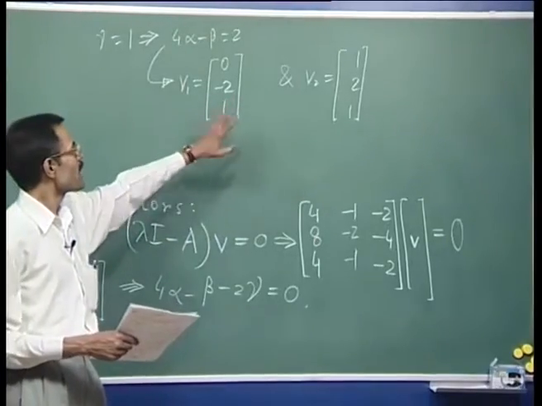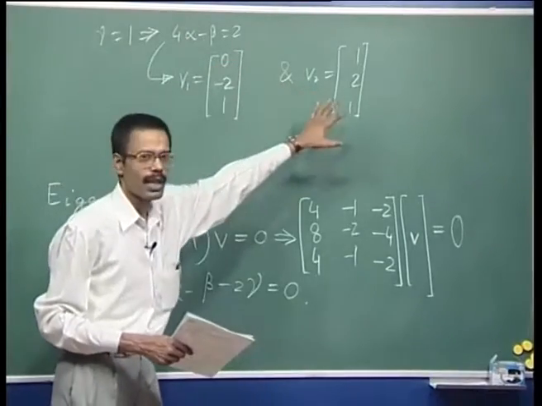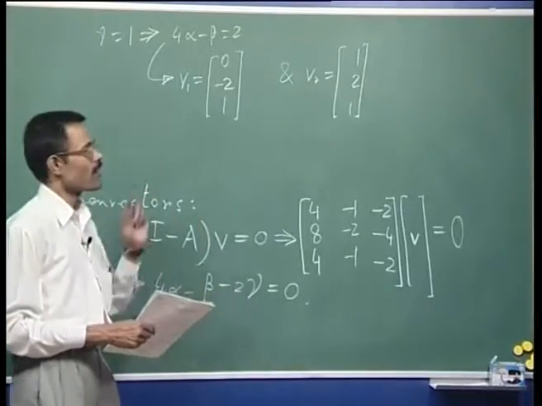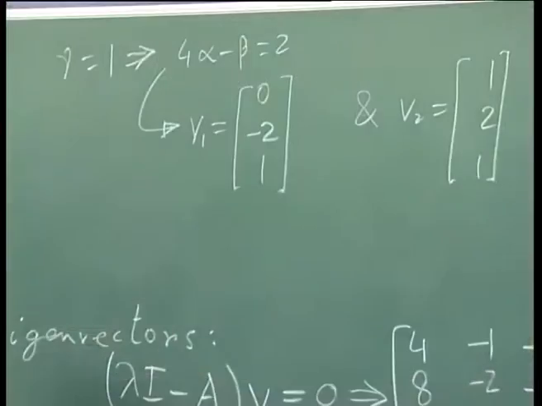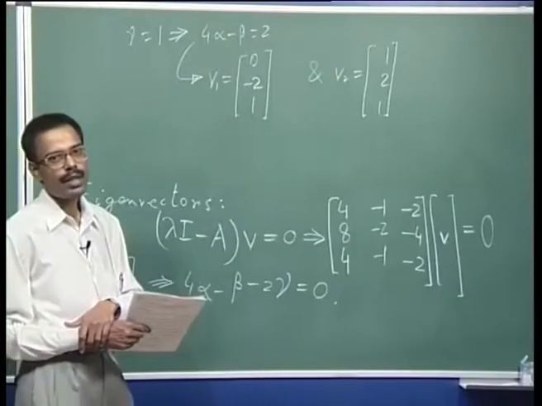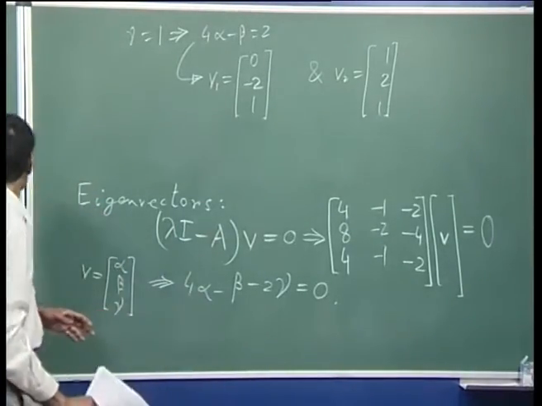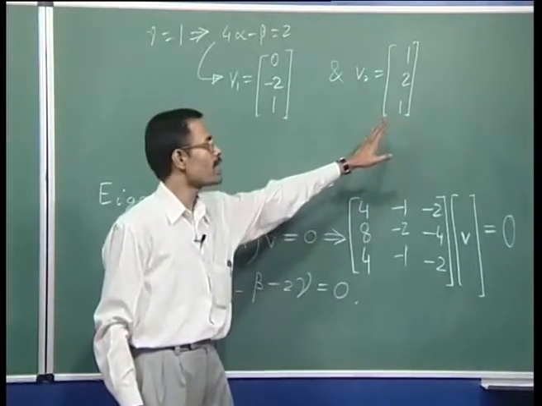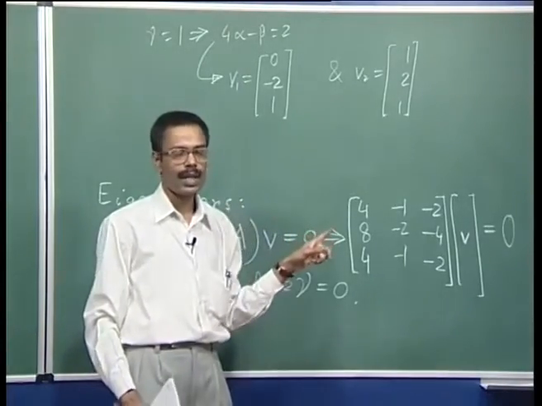is possible. Any third choice of alpha will give you something which will be only linearly dependent on these two, that is, it will be a linear combination of these two. So, in this case we have got only 2 eigenvectors, not a full set of 3 eigenvectors. That means that this particular matrix is not diagonalizable, it is defective, and since it has got 2 linearly independent eigenvectors, that means that it will have 2 Jordan blocks in its Jordan canonical form.